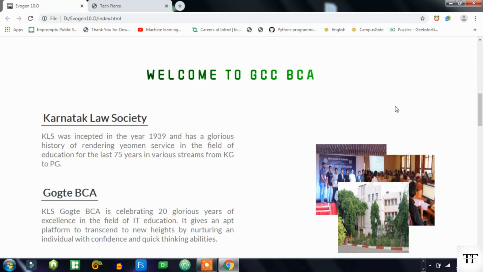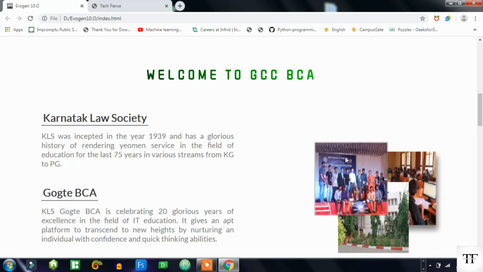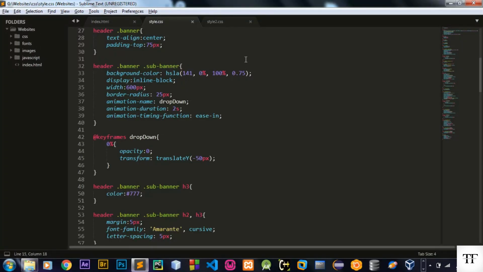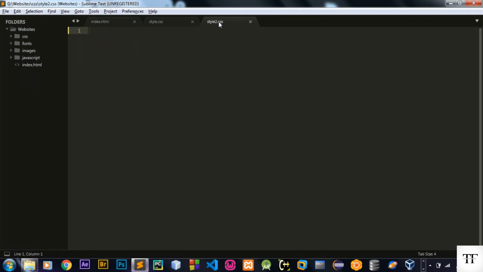In the last video we saw how to link a YouTube video to our website, and today we will see how we can add content in our websites. So here you can see this text and this content over here, the left and right side, these images with transitions. So let me get back to my Sublime code, and I have created one more style sheet called style2